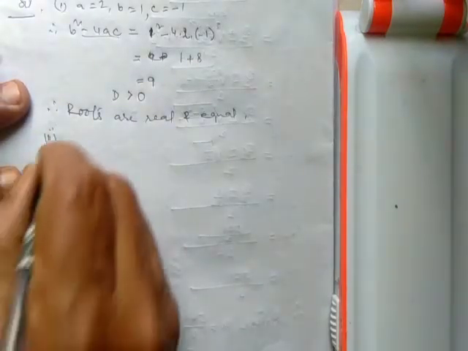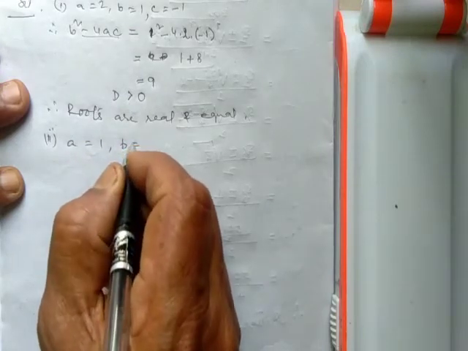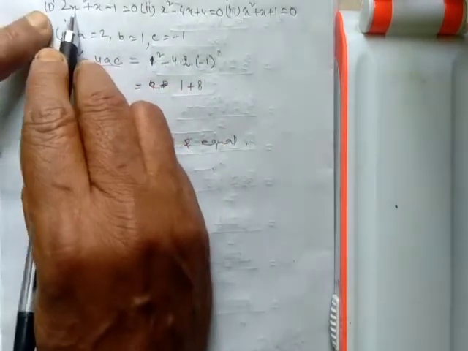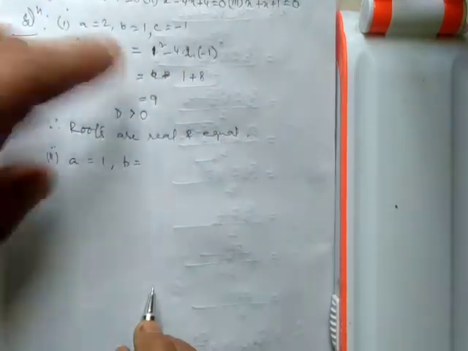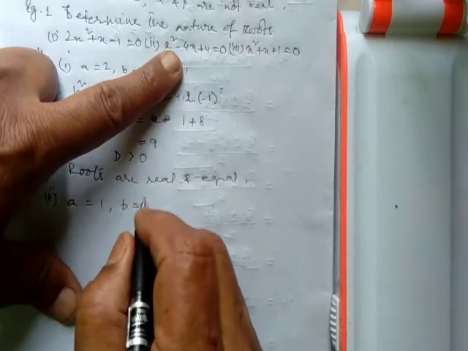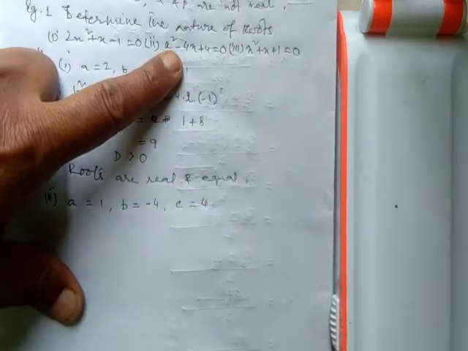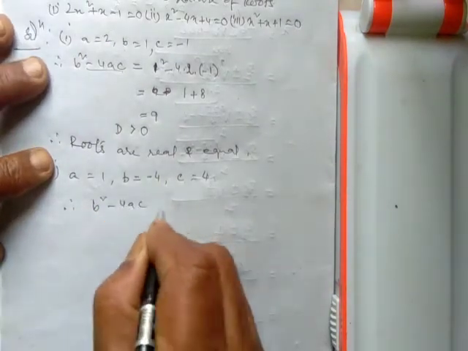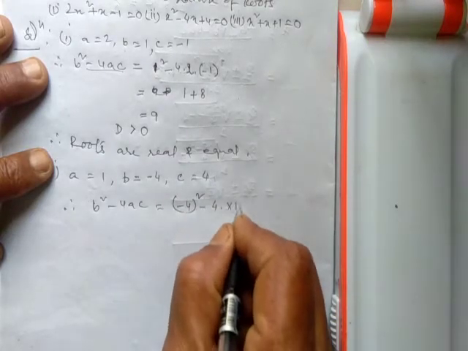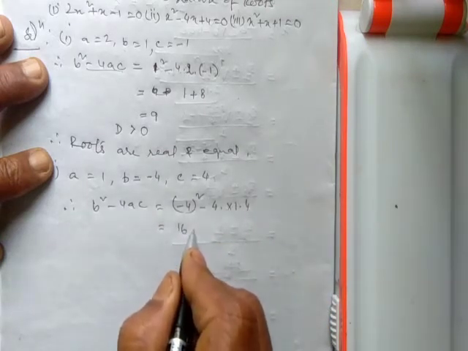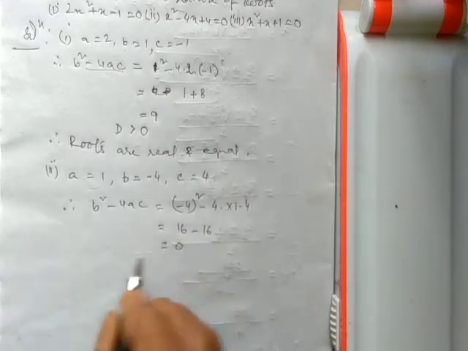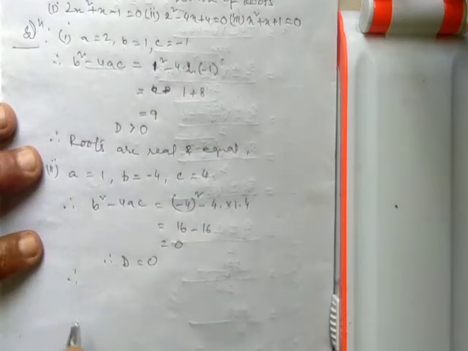Second one, a is equal to 1, b is equal to minus 4, c is equal to 4. Therefore, b square minus 4ac is equal to minus 4 whole square minus 4 into a into c, which is 16 minus 16 is equal to 0. The discriminant D is equal to 0. Therefore roots are